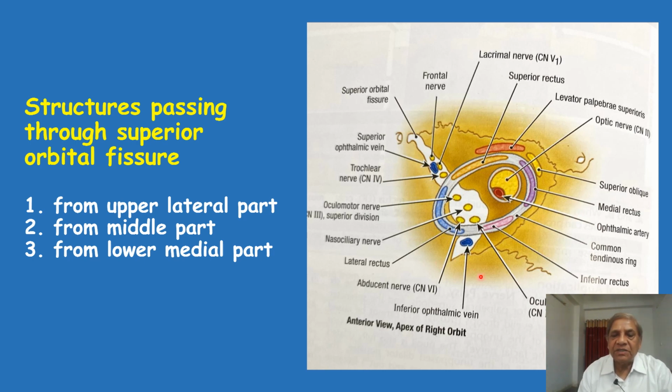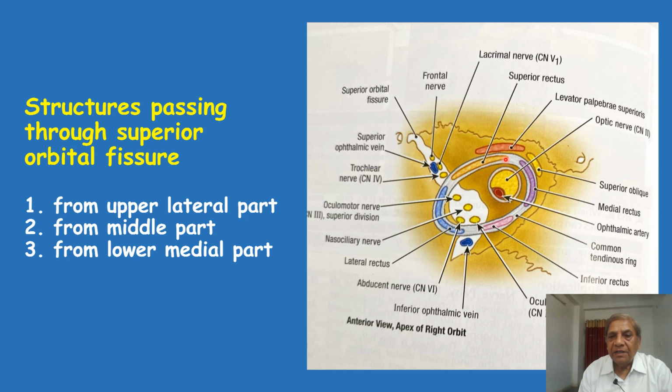Here it is the maxillary part, the orbital part of the maxilla. This is the greater wing of the sphenoid, and on the top it is the frontal bone. I hope that you have got the orientation of the apex portion of the orbit. Now the question was, what are the bones which give attachment to this